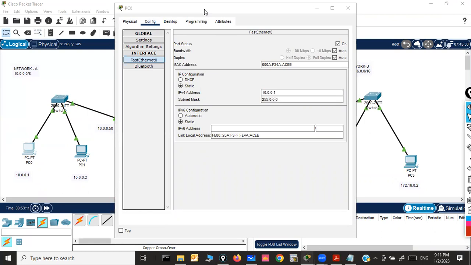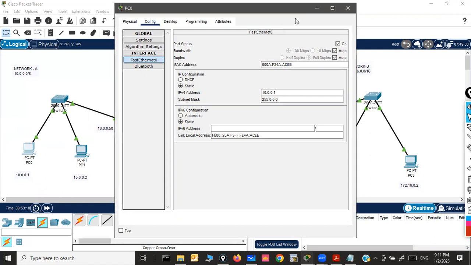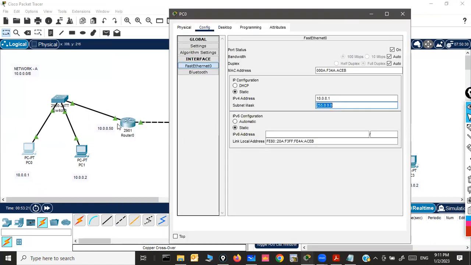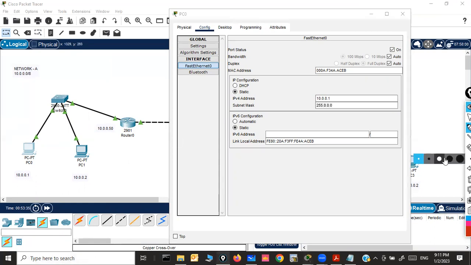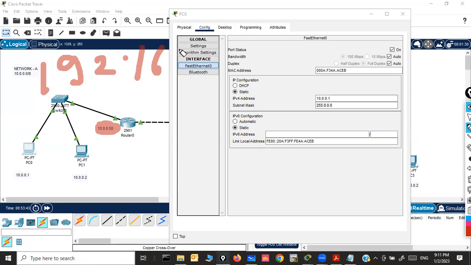There is one question: do the machine and the gateway it is connected to have to be in the same network? Yes, very valid question. The internal interface of the gateway and the end host devices all need to be from the same network or subnet address. So if I assign the gateway's internal interface an IP address from a different network, let's say 192.168.0.1, this is an invalid configuration and will not work.